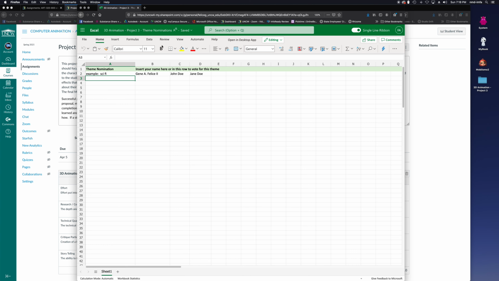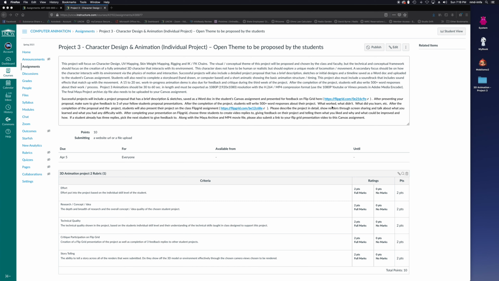All right, I'm going to close that. So you get to pick the theme, and you get to vote on it as a student to which one you like. And then, like I said, this project's focused on character design, UV mapping, skin weight mapping, rigging, and inverse kinematic and forward kinematic chains, IK and FK as they're abbreviated. The visual concept, like I said, is to be proposed by you, the students, and faculty. I'll be the one that makes the final call on that, but I almost always go with the majority vote